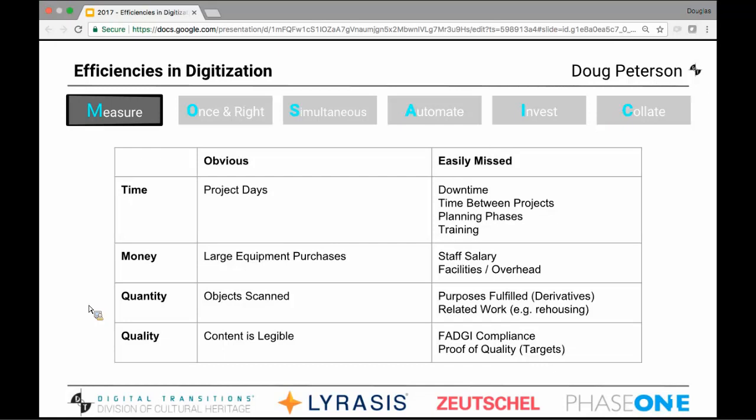Likewise, related work being accomplished, and we'll look at this again later in simultaneous work, work that is accomplished at the same time as the digitization needs to be counted into the tally of output. If during your digitization project you were able to, for example, remove staples in a conservation pretreatment or preparation stage, or you were able to accurately refile them and rehouse them in a better order than they were found in the collection, that is work that is being done, that is output that is being accomplished, and that counts towards